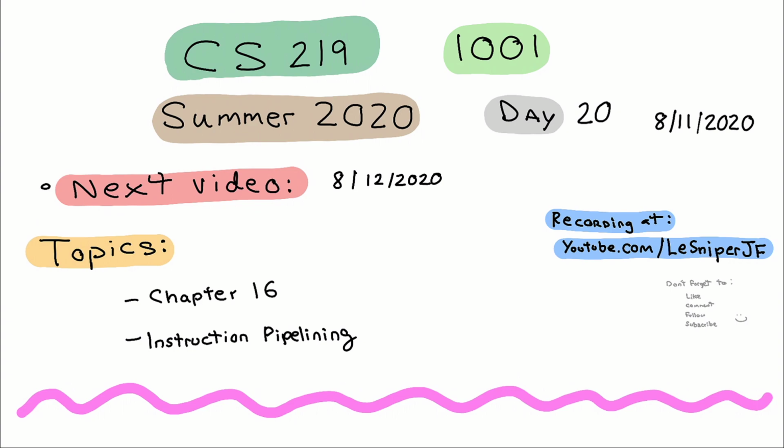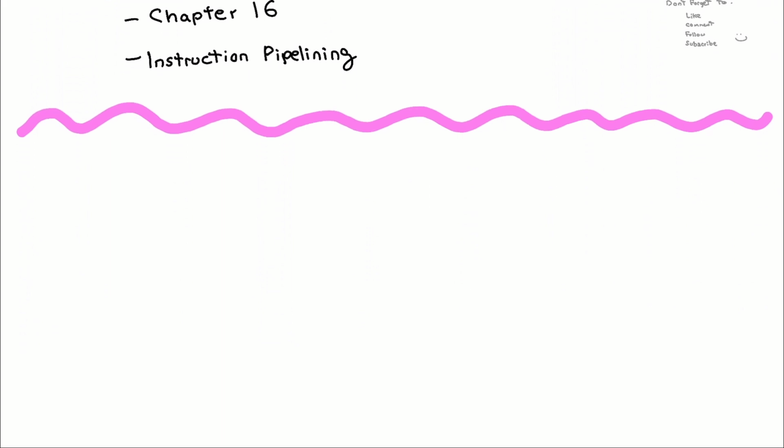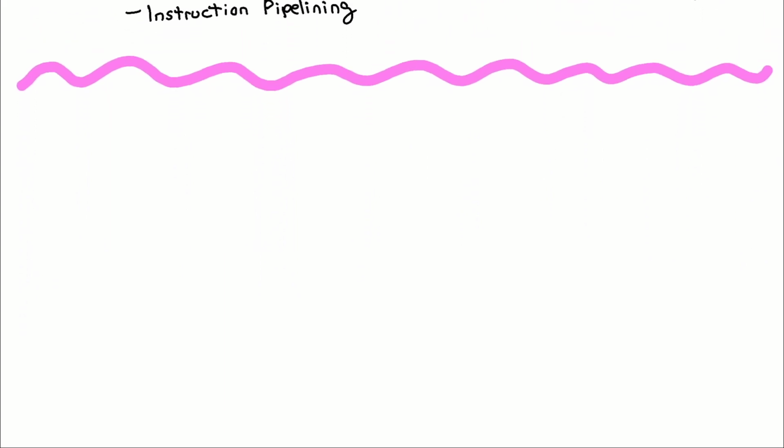We are finishing by covering the last important topic of the book, which is instruction pipelining. So without further ado, let's begin. This is going to be chapter 16 of the book, and the name of the chapter is Processor, Structure, and Function. However, before I do that, I wanted to talk a little bit about what gates are